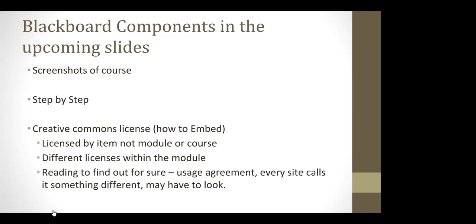The first step was to identify what I had in the module and to see what I could designate as OER, and if we could designate the entire module with one OER designation, because that would have been faster than doing each item individually. It turns out that I could not do that. I had three different types of information in one module, and so we had to approach each one separately to identify which Creative Commons license would be appropriate.